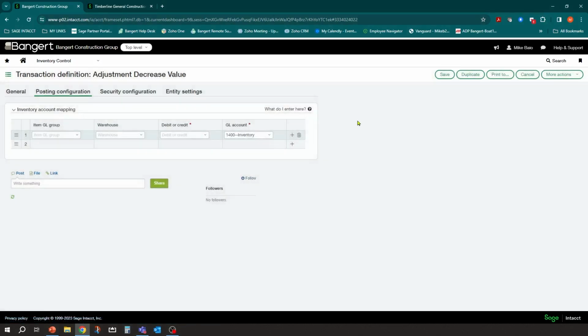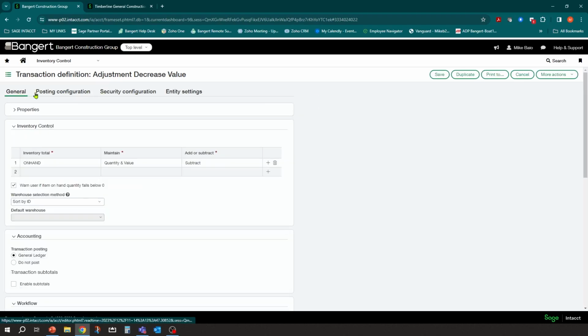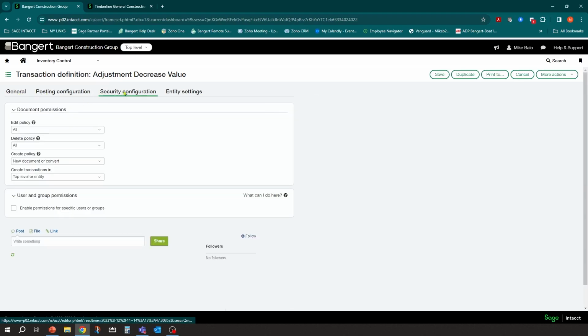So basically, go ahead and play with those, especially once you get into a test environment. Go ahead and set up your transaction definitions for inventory, put some transactions through, test them. And again, if you remember, one recommendation, even if you don't have a test environment, is under the security, go ahead and turn these edits on to all and these deletes on to all, because you can put some transactions through and then you can delete them out. And the worst thing you're going to have to do is reset your number sequences for each type of transaction if you want to get it back to 1 before you go live.